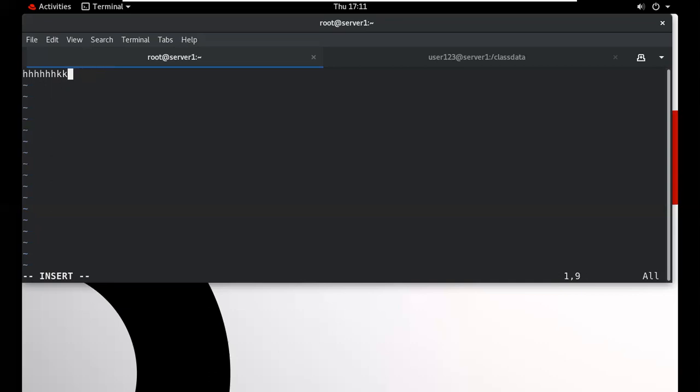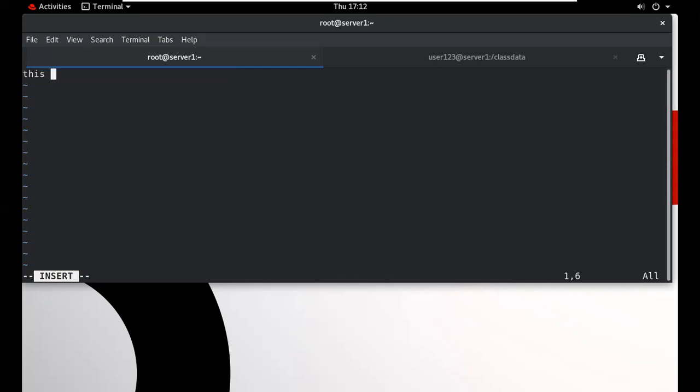In this mode, when we press the escape button from the keyboard, it will convert again to command line mode. When we type I again, it will convert to insert mode. So this is my insert, and it also displays on the screen. It's insert mode. In insert mode, we can type any text.